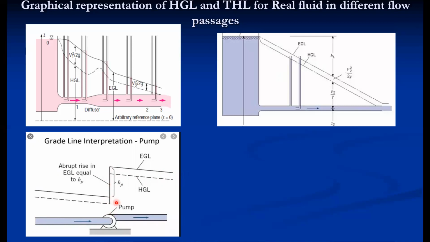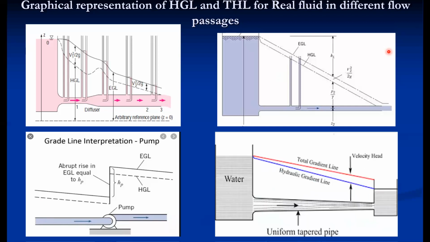So that's why this particular HGL and TEL concept, or EGL concept, is used in complicated systems. There we come to know how much losses are there. Suppose this is a normal EGL line, that horizontal line. How much it deviates from the horizontal, that angle indicates the losses: the greater the angle, the more the losses. Because here the angle is greater, more losses are there. If the EGL line is of this orientation, it means comparatively less losses. So according to the slope of the EGL line, we can recognize whether the losses are more or less.